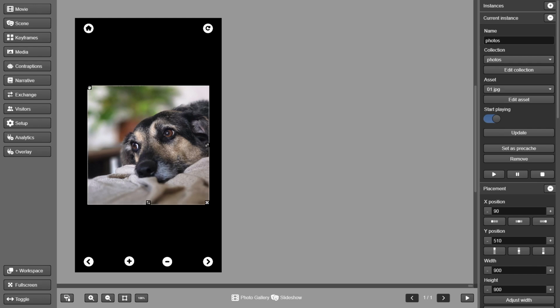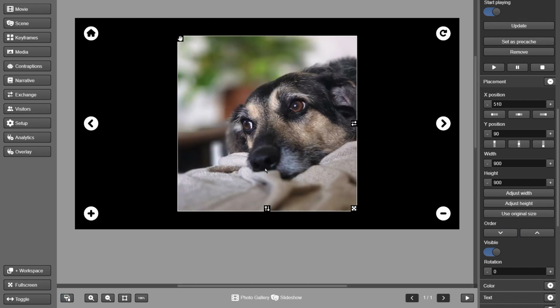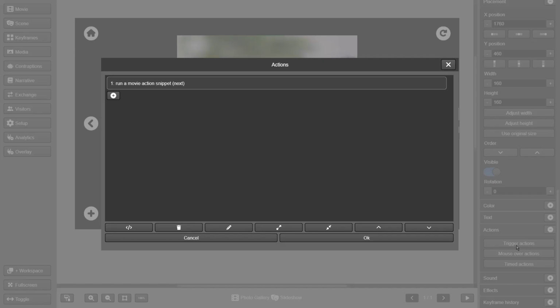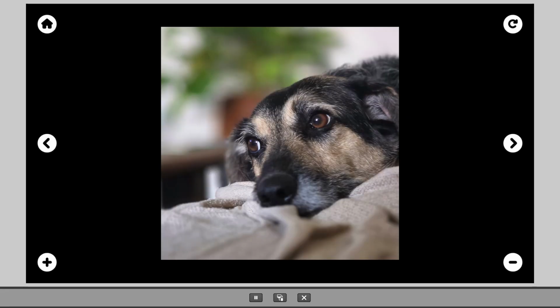To resolve the issue of the image overlapping the interface, while keeping the instance selected, in the Right Placement tab, we will reduce its display order. Note that we will need to do this in both the vertical and horizontal screen ratios. Another thing to note is that even if it is necessary to change visual properties in both ratios, actions assigned to instances are shared between the two views.